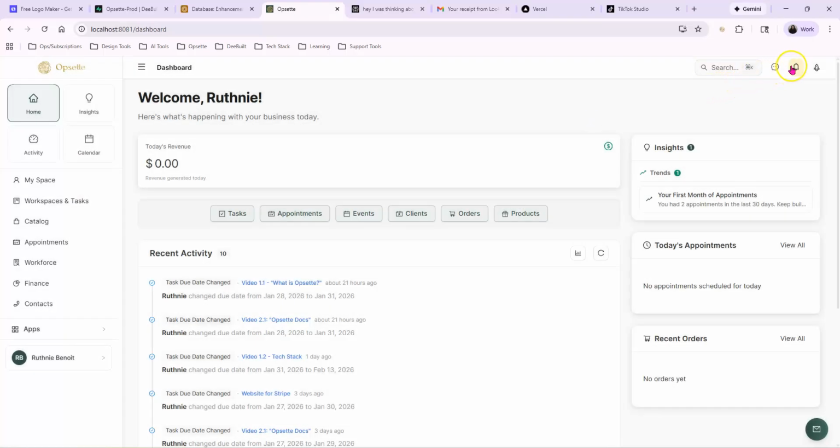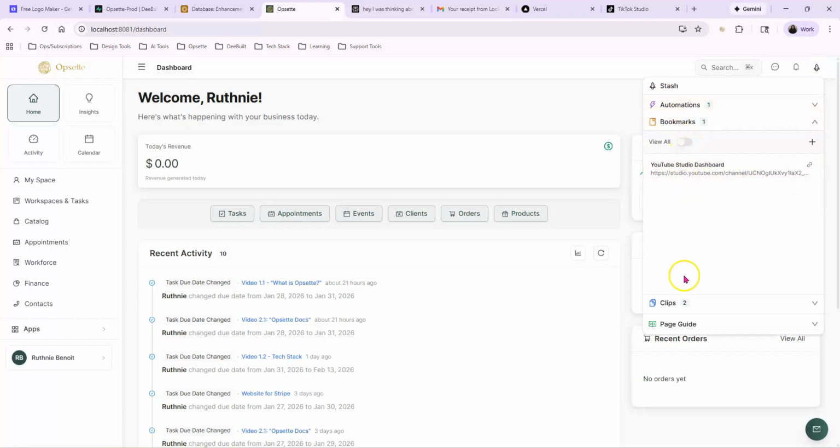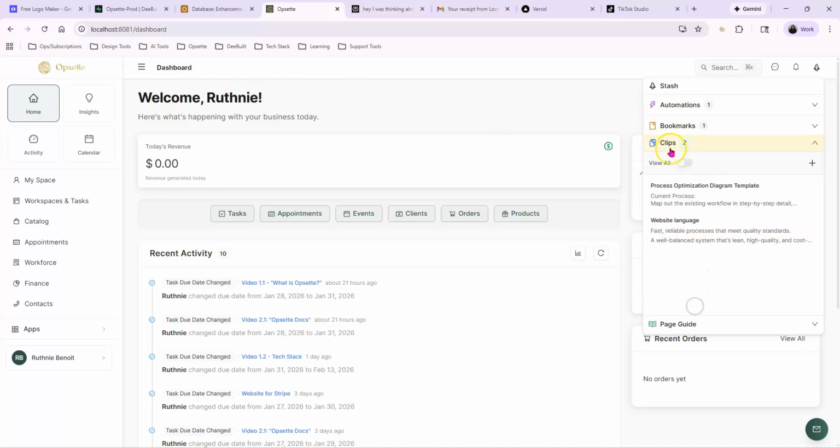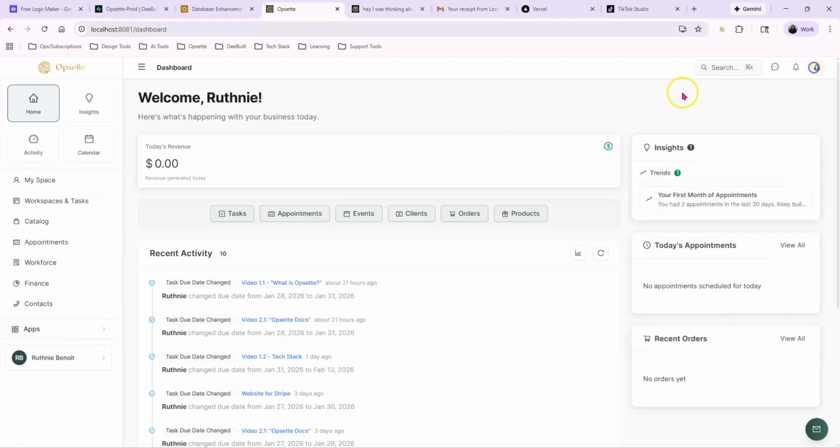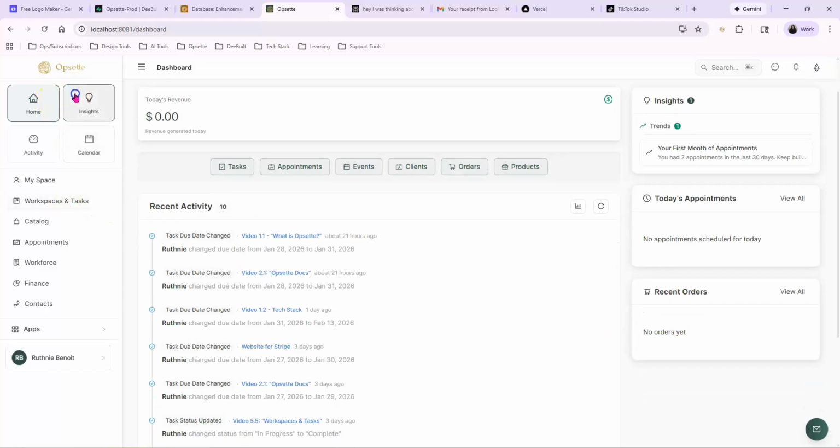We have an inbox button here that'll open up our inbox page so you can DM other users in the app. Notification panel, quick actions. You can store bookmarks that you need to use all the time rather than maybe saving it on your browser. You can carry it with you inside of the app on your phone, so you have your bookmarks with you all the time. And then clips are basically kind of stickies. And then a lot of our pages have a guide that explains to you maybe how to operate the page. And let's look at our insights page.